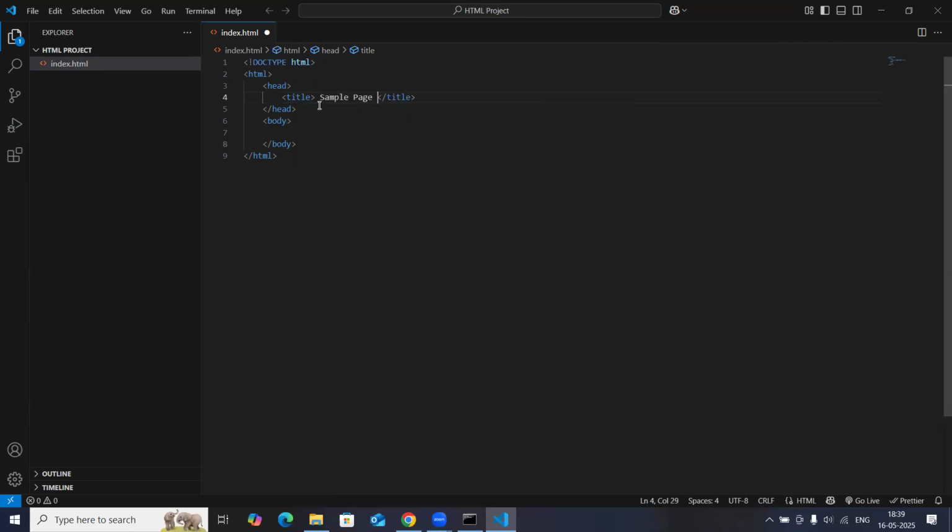Okay. This is content. Now see, this is a title element. Title element has a start tag, and it also has an end tag. And in between the start tag and end tag, you have some content. Sample page is the content. Okay. Now if I try to open this one,